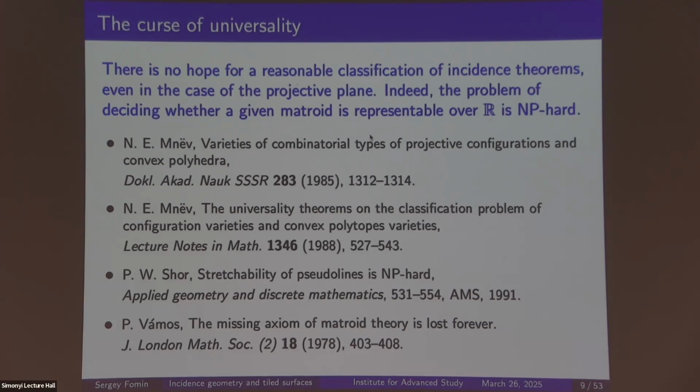So when Mnev proved that representation spaces of matroids can be arbitrarily bad, like Murphy's law, and then Peter Shor soon thereafter used it to show that realizability is NP-hard, even in dimension 2 of the reals. So people drew the conclusion that this is provably hopeless,